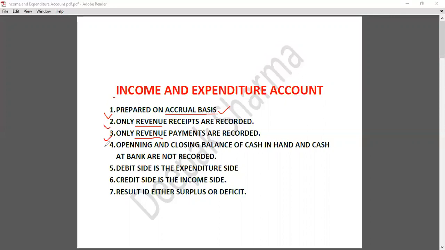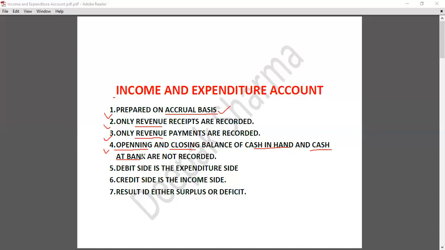So while converting, we will have to take many important steps. One of the important steps here is that while preparing the income and expenditure account, we will have to exclude the opening and closing balance of cash in hand and cash at bank, which we generally show in receipt and payment account. We have seen that in receipt and payment account, we have the opening balance of cash in hand and cash at bank, and on the closing side, we have the closing balance of cash in hand and cash at bank. But these items will not be recorded or taken to